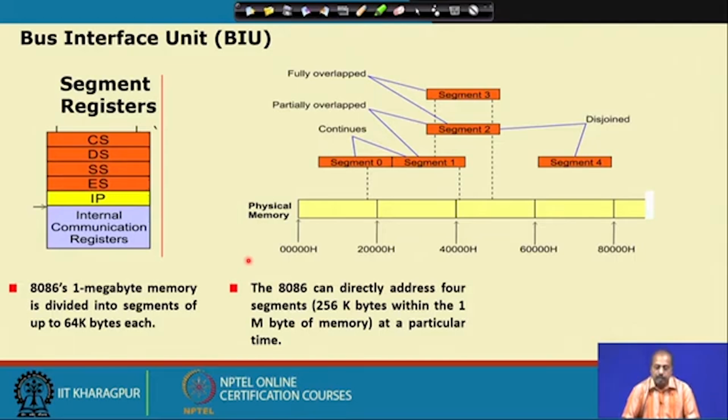So, there are 4 segments. Each segment is 64 kilobyte. So, I can have a total of 256 kilobyte of memory that can be addressable at one point of time. Naturally there are other segments. Out of this 1 megabyte only 256 kilobytes are accessible. So, the rest are there. Basically the purpose is that I can have a